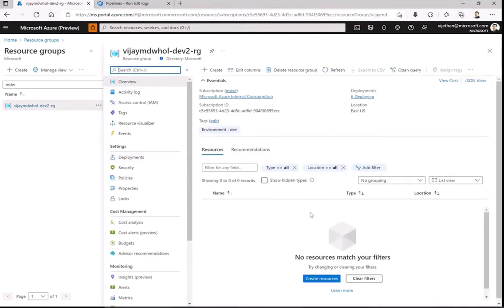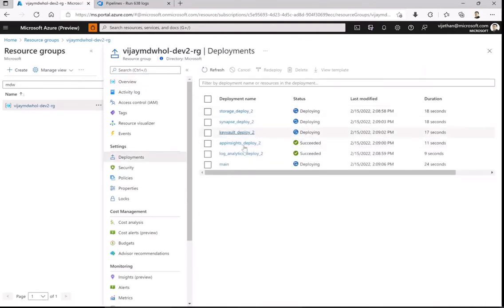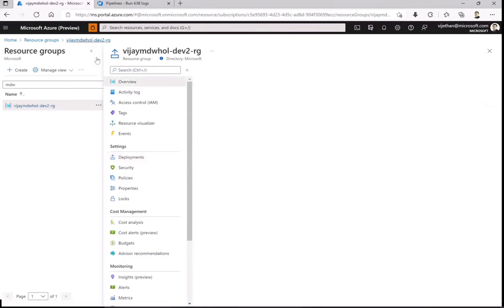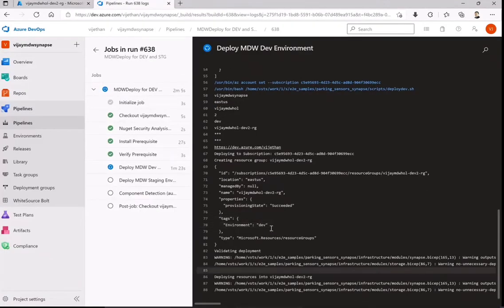If we want to check what exactly it is doing, you have to click on Deployments. It will show you the resources it is trying to deploy, one by one. As of now, it succeeded on 2 of them and is trying to deploy the others. Let's keep refreshing to see what we are creating at runtime. We can also refresh here as well. It takes time to reflect in your actual resource group, but you can see the deployments are being carried out. Simultaneously, we will also check the pipeline to see what exactly it is doing at the backend.